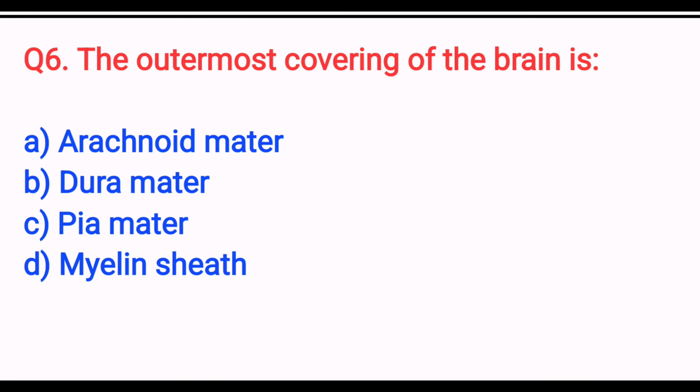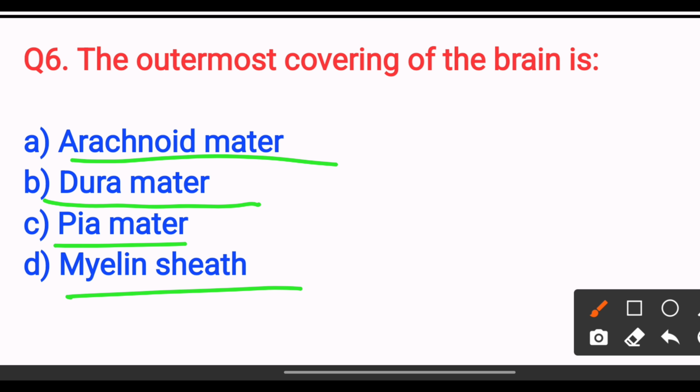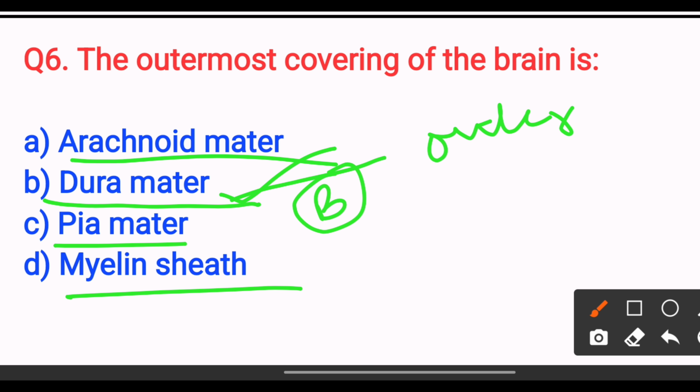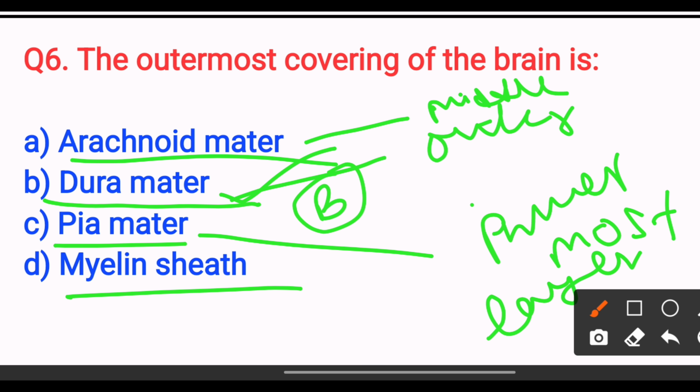the outermost covering of the brain is: option A, arachnoid mater; option B, dura mater; option C, pia mater; option D, myelin sheath. The answer is option B, dura mater. Meninges consist of dura mater, the outer layer, then the middle layer is arachnoid mater, and pia mater is the innermost layer. So the answer is option B, dura mater. Next,